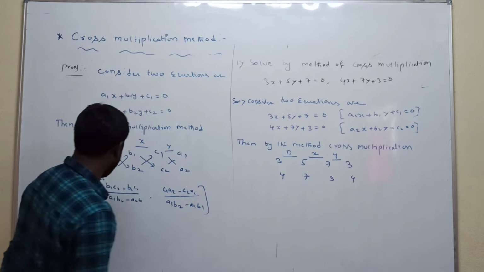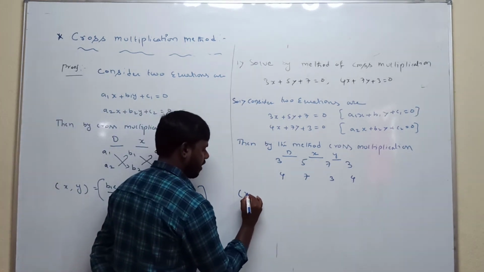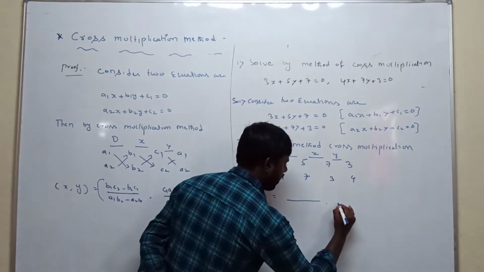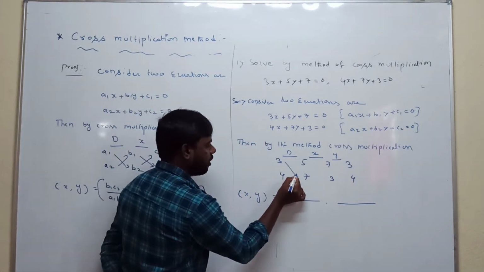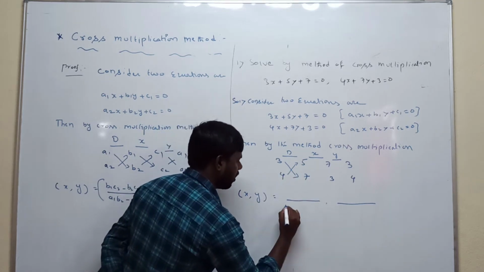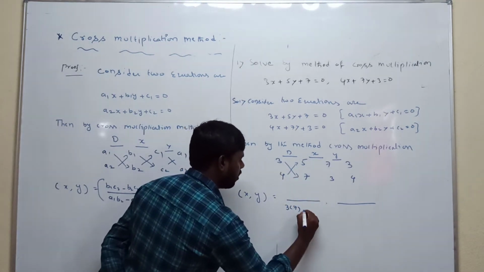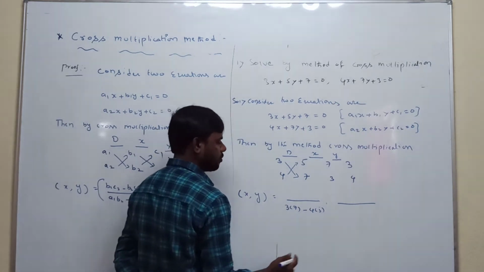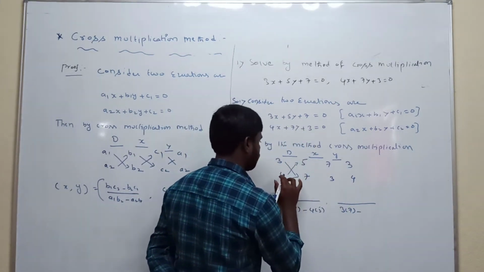So next you can take the coordinate x comma y. Take x comma y is equal to: x numerator, denominator, both values are the same. This value you can take x, y denominator values: 3 into 7, 3 7 is 21. If you are not understanding, you can write step by step. 3 into 7 minus 4 into 5. X and y denominator both values are the same. So here also the same thing: 3 into 7 minus 4 into 5.